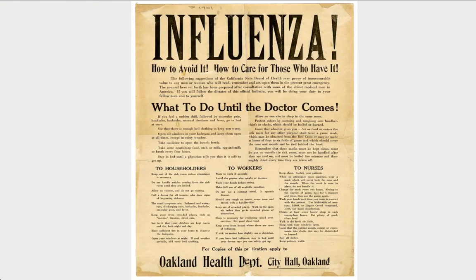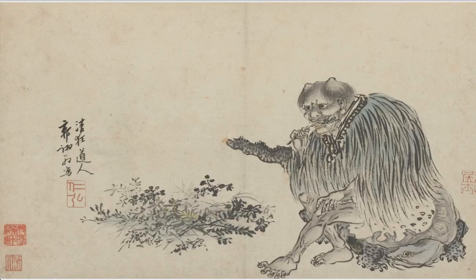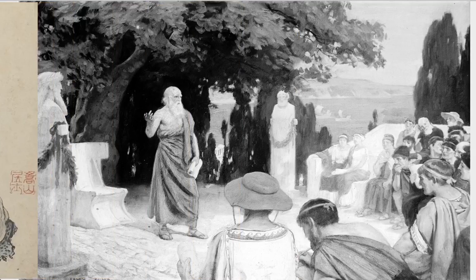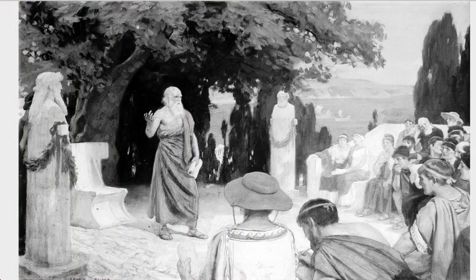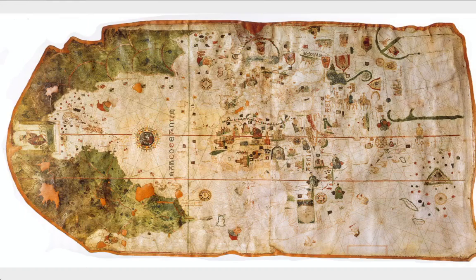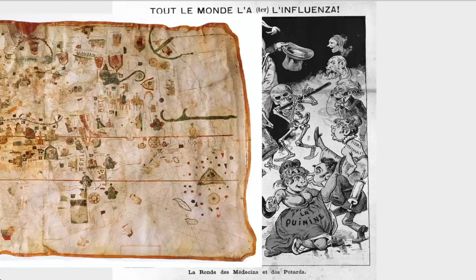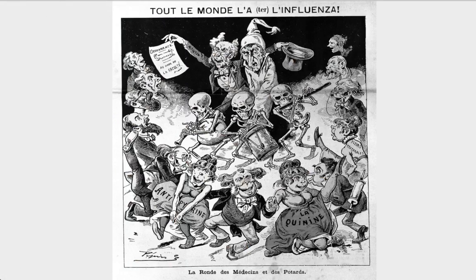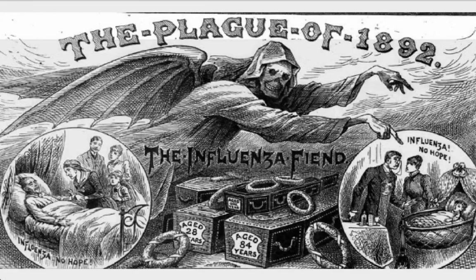Influenza is an ancient disease that might have originated in China. It was described by Hippocrates almost 2,500 years ago. However, the first historical record of an influenza pandemic was chronicled in 1510. In total, 10 influenza pandemics were recorded before the Spanish flu of 1918, with the pandemic of 1830 to 1833 being particularly widespread. The 1889 to 1890 flu pandemic was known as the Asiatic or the Russian flu, killing about 1 million people worldwide. It is considered to be the last great pandemic of the 19th century.